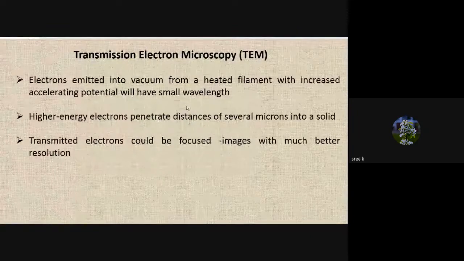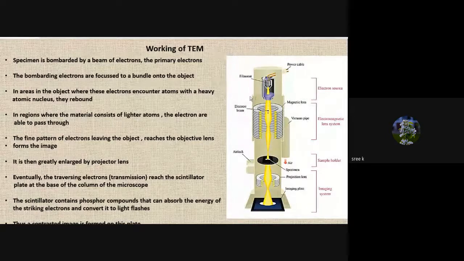So next is the transmission electron microscopy, where you have the filaments and the same electron beam, which is passed through the sample, not reflected. The sample is held between the objective lens and the projection lens, and the projection lens magnifies the electron beam, and you get a highly magnified image at the bottom of the imaging system, at the phosphor screen, or you can have a detector to collect the electrons and get the digital image.